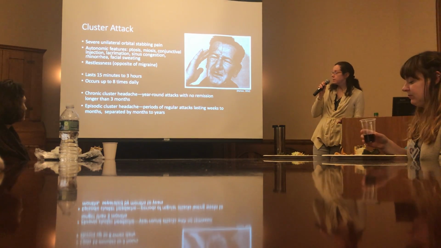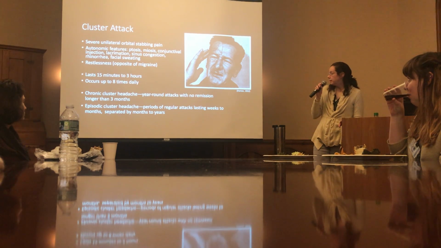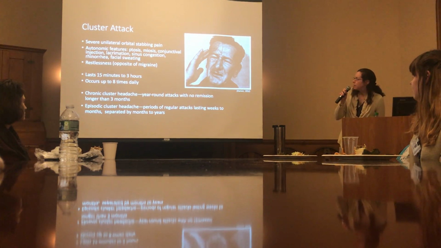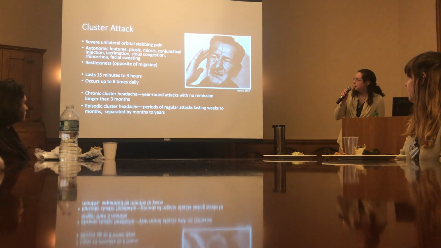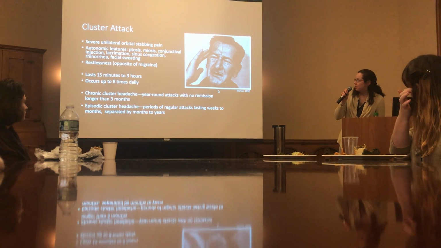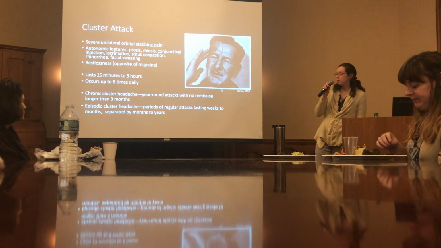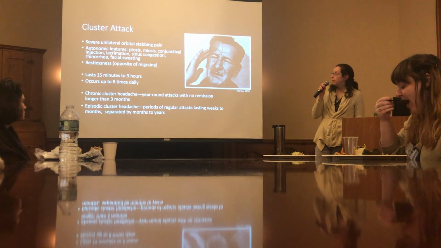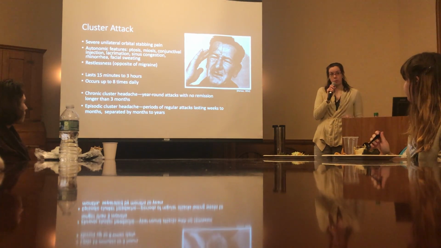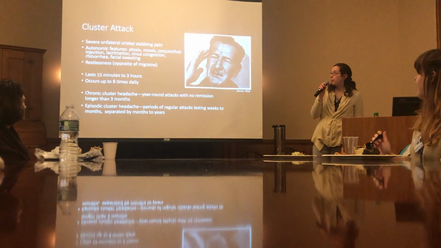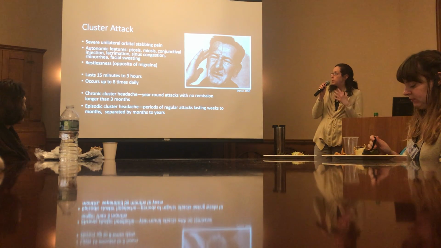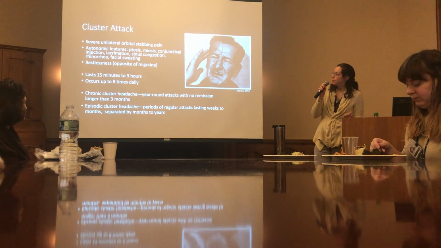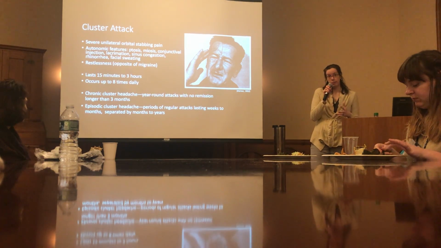This is a photo from an early publication. I think they didn't have Photoshop back then, but they somehow made the face really droopy, which is a bit of an exaggeration, but what happens during a cluster attack is there's pain on one side of the face, and it's usually right behind the eye or somewhere around the eye, and then there are these autonomic features. So drooping of the eyelid, sweating, drooping of the face, again, this is kind of exaggerated here, also nasal stuffiness,